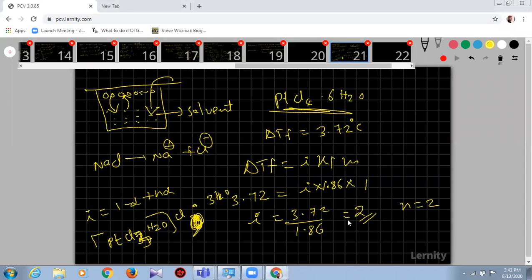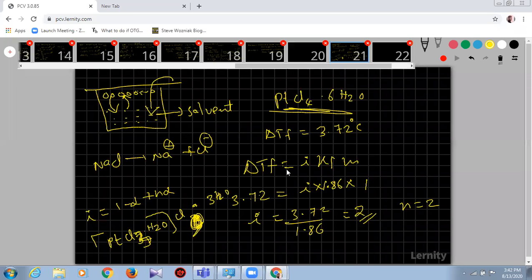Based on the number of ions, you can decide the structure. If there is 100% dissociation, the i value should be equal to n, that is, n is the number of ions. With 100% dissociation, you won't see a difference between the i and n values. If there is a degree of dissociation, say 20%, 40%, 60%, then the i value and n value would be different. Otherwise both would be the same. Here, with 2 chlorines, we are supposed to get 2 ions in total.